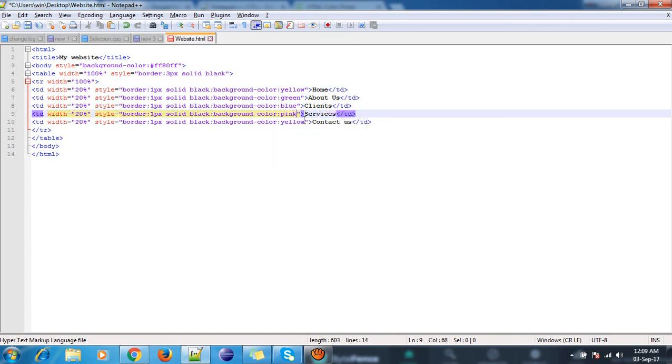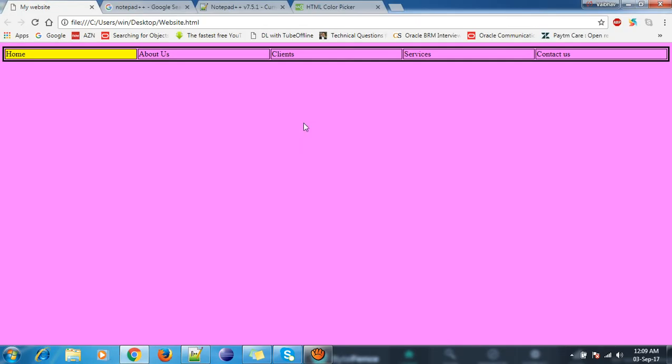You can use color codes also here. And last color gray. Now let me refresh it here, so you can see it looks beautiful. Home, about us, client, services, and contact us.